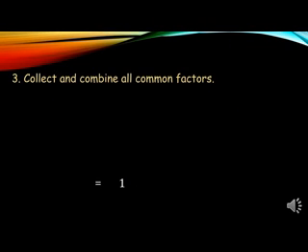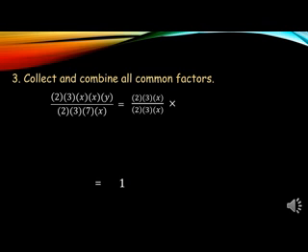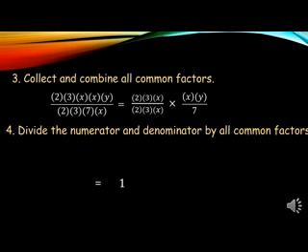Step 3. Collect and combine all common factors. So 2 times 3 times x times y all over 2 times 3 times 7 times x. And its common factors are 2, 3, and x. So 2 times 3 times x all over 2 times 3 times x multiplied by the remaining factors x times y all over 7. Step 4. Divide the numerator and denominator by all common factors. So dividing